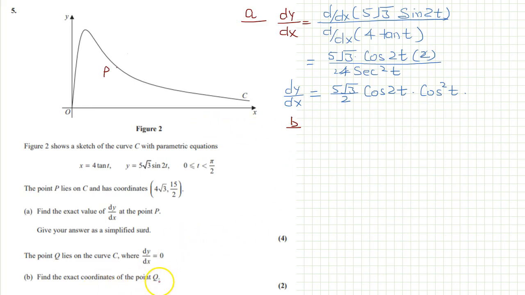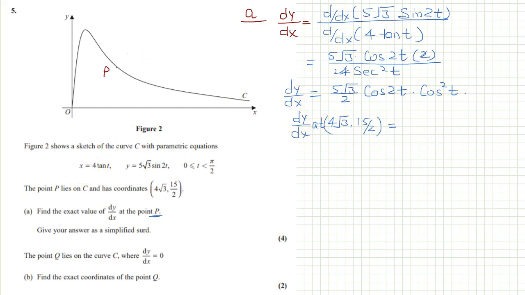Find the exact coordinate of Q. Find the exact value of dy over dx at point P. So we have to put this value, not through with the part A, because we have to find this value at P. So dy over dx at 4 root 3 and 15 over 2 is equal to,